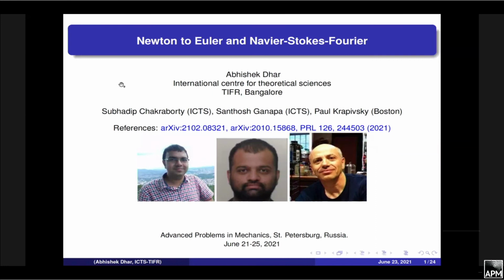This work is Newton to Euler and Navier-Stokes-Fourier. The basic idea is to connect Newtonian dynamics and hydrodynamics, which are two ways of describing macroscopic systems. This is work done with postdoc Shubhadeep Chakravarti, a student Santosh Ganappa, and a colleague at Boston,